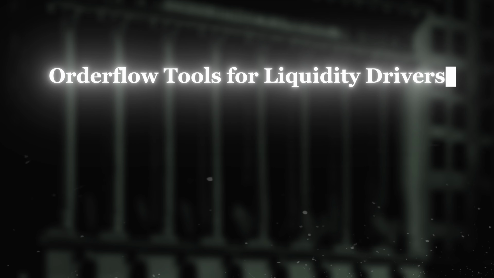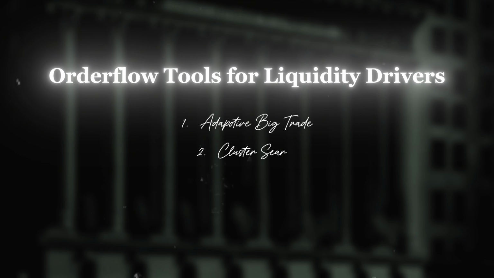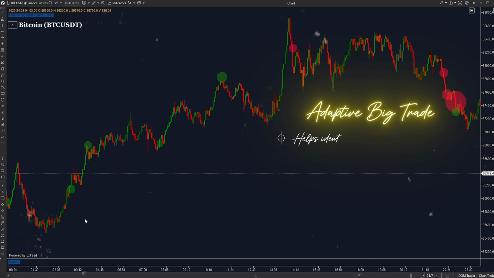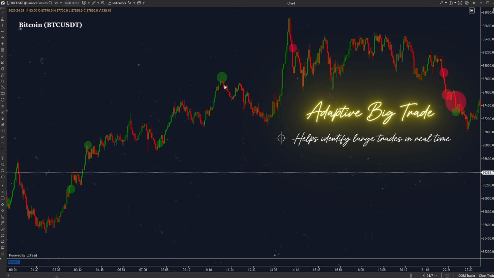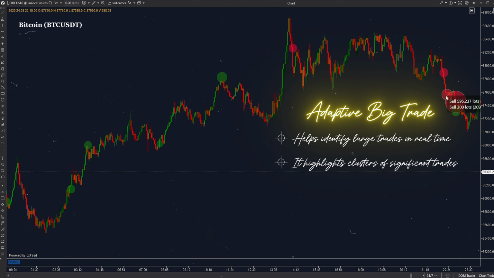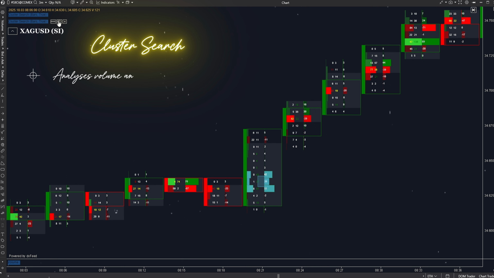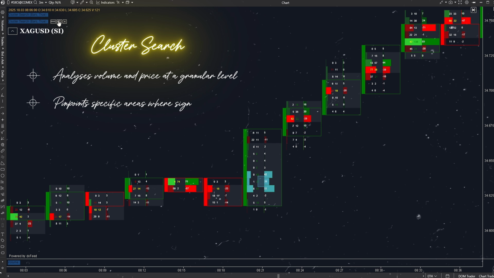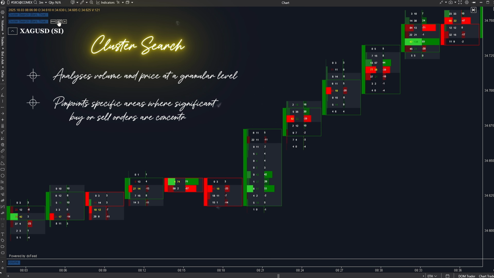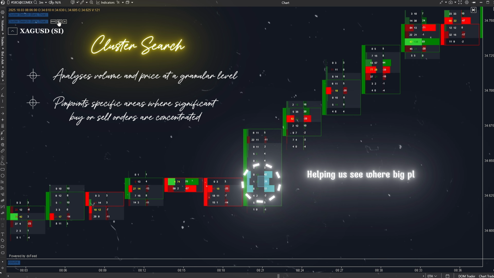To uncover these drivers, we can use advanced order flow tools like Adaptive Big Trade and Cluster Search. Adaptive Big Trade helps identify large trades in real time, showing where institutions or other big players are entering the market. It highlights clusters of significant trades, offering a clear view of major activity at key levels. Cluster Search works hand in hand with this by analyzing volume and price at a granular level. It pinpoints specific areas where significant buy or sell orders are concentrated, helping us see where big players are building